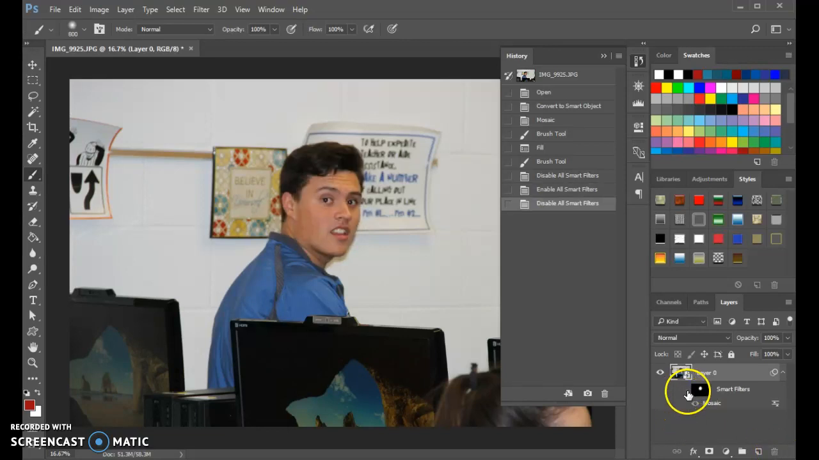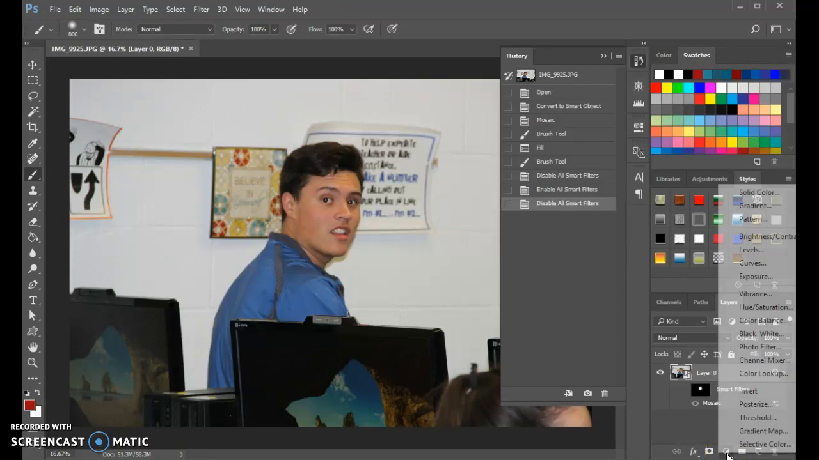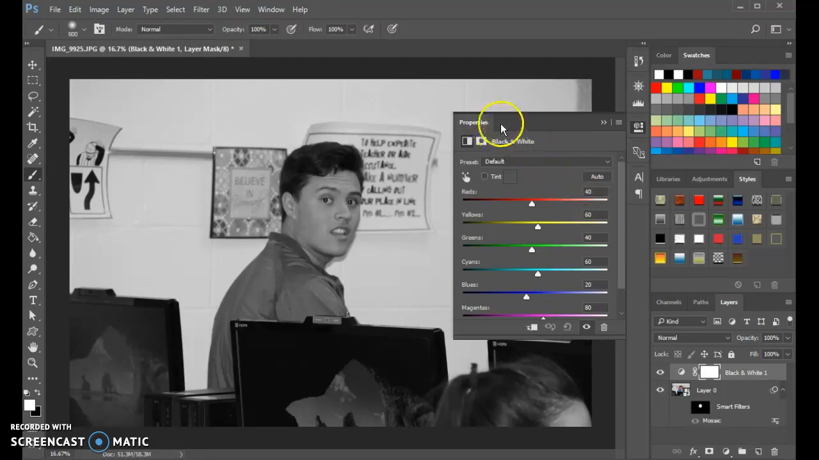Okay, so another experience here that we're going to do with adjustment layers and masks is instead of going up to these buttons to do an adjustment layer, I'm going to come up here and click on this little, I call it the moons button. I'm going to click on that and make this picture black and white. Okay, so here's my black and white sliders. I can adjust however much I want here of the colors